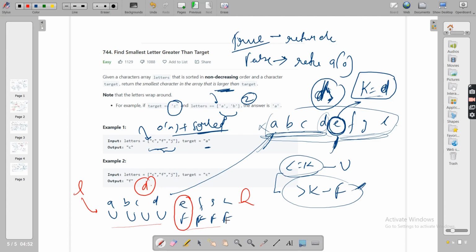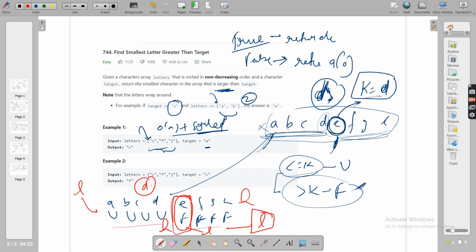If you remember my L and H placing, when I taught you about it, when the loop is terminated, H will be at the last element of the first space, and L will be at the first element of the last space. What you wanted as an answer is the first element of the last space. Who will give you the answer? L will give you the answer.